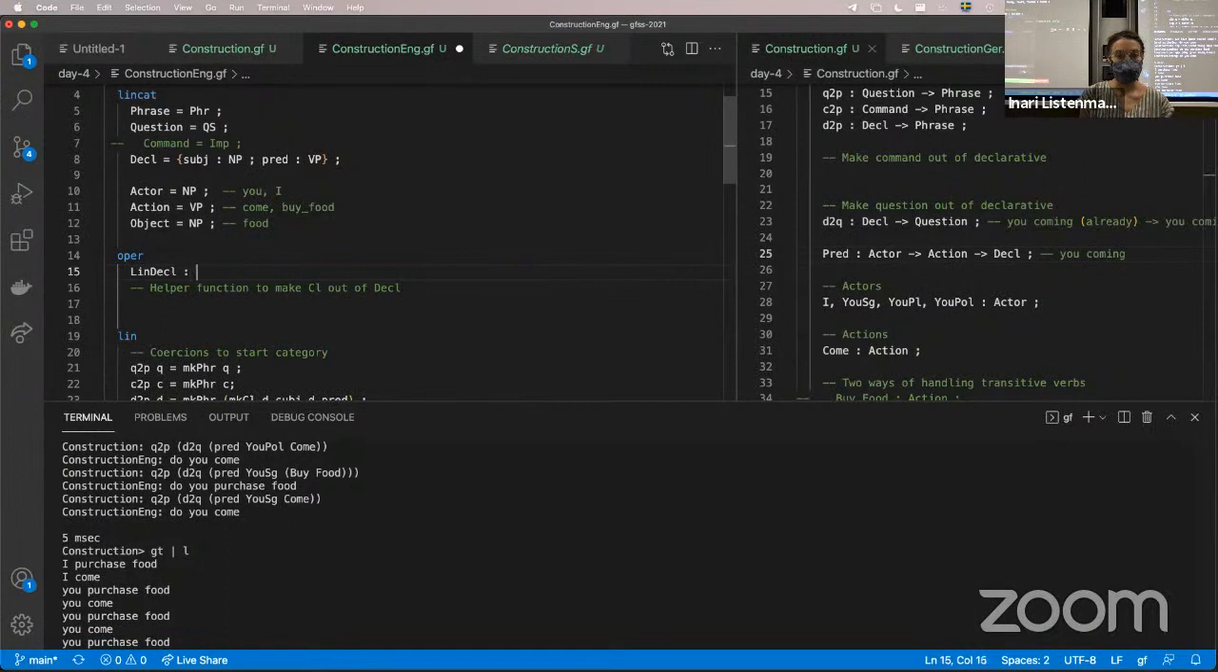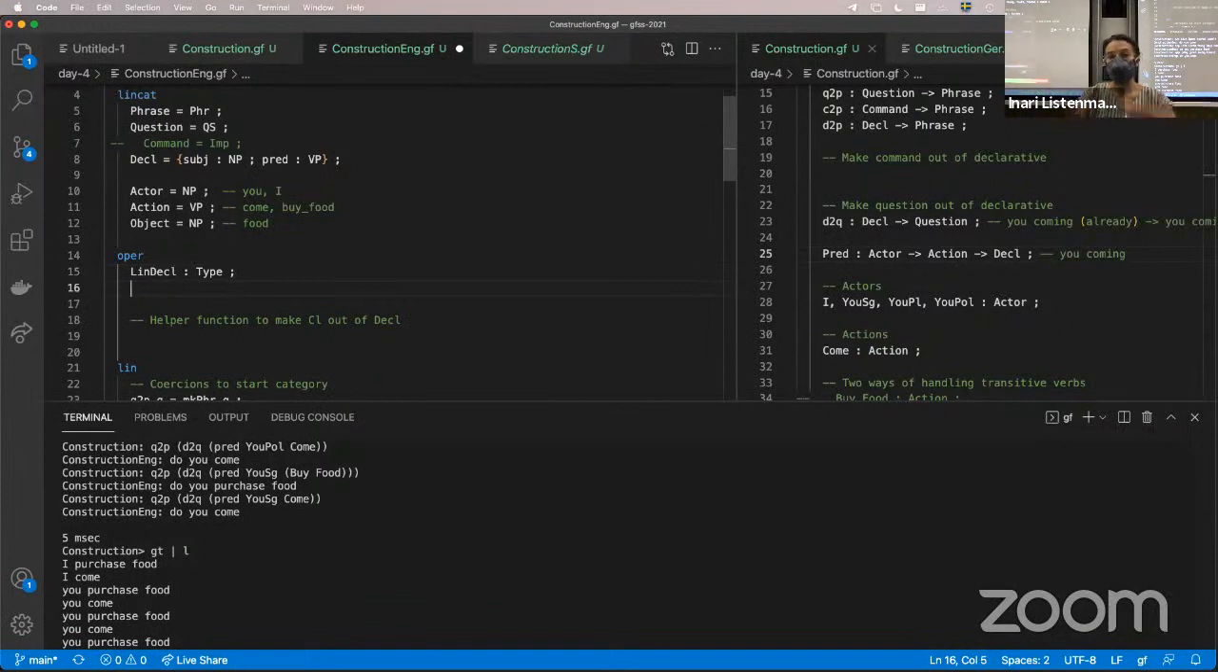Link decol type. Yesterday there were some questions about this notation. I got some feedback that it's clear when it's on two lines, so I can put it like this. Lin decol is this. So what does it mean? Like lin decol colon type? It's just like one layer above, because if we say that,